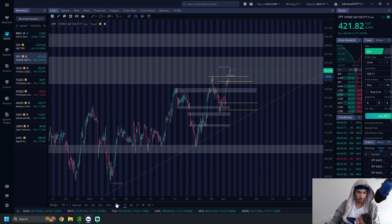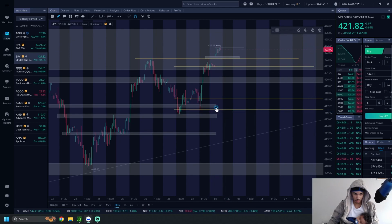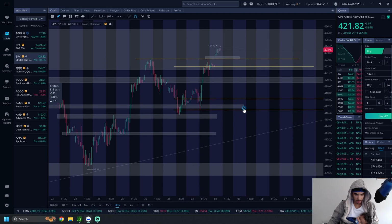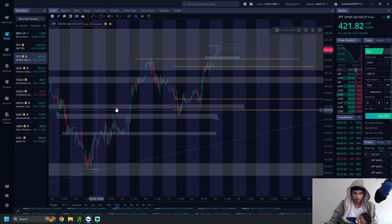I think that's pretty much going to wrap up everything. Not too much analysis to do today, because we've been doing this all week. We just keep updating the same zones. Move this over. Try not to really mess with the size. I'm going to move these over so they give us zones to look for Friday. It's highly unlikely we move all the way down here, and we do have our zones up here, but just in case,